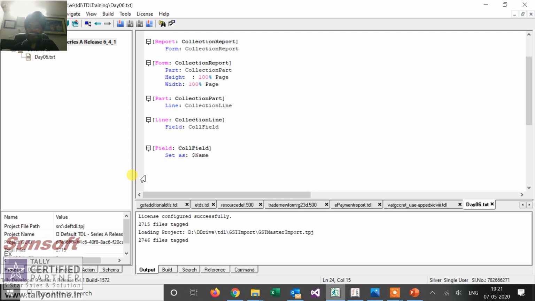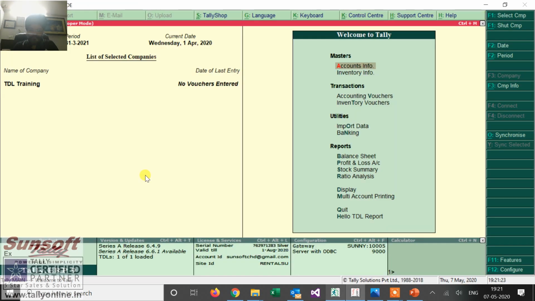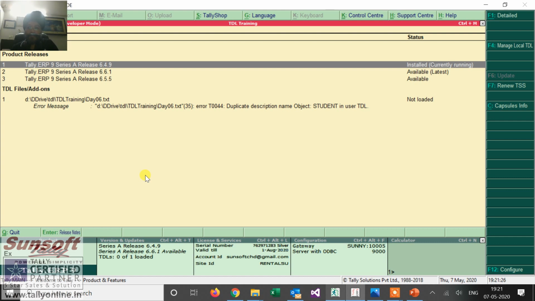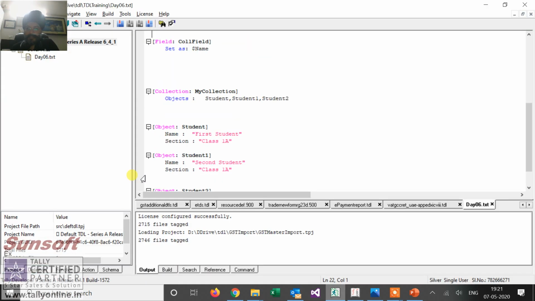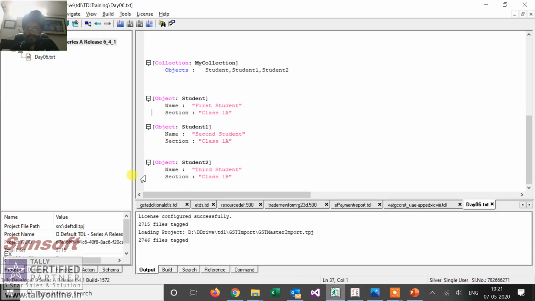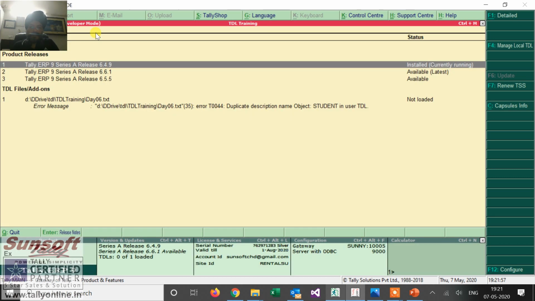Now let us see what happens with this report. Duplicate name student. Let me change a little bit. I suppose it is not taking only the numeric part. Let us see what it shows.